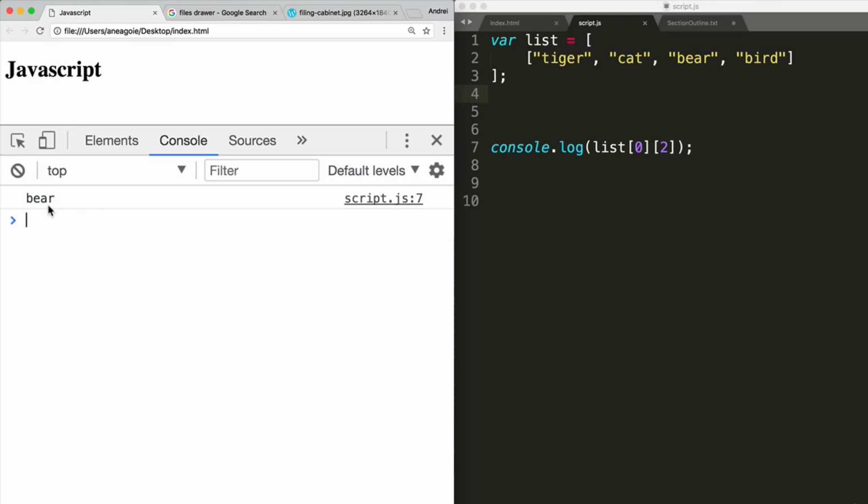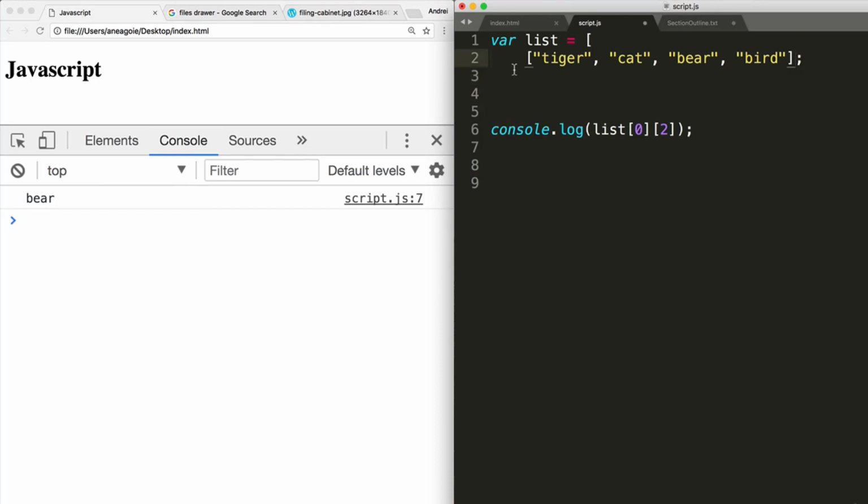Now, arrays are cool because JavaScript has predefined methods for them. And what are those? For now, think of them as functions. They're functions that we can use on arrays. Don't worry too much about the term method, we'll get to it later, but let me show you what I mean. If we return this list to the way it was,